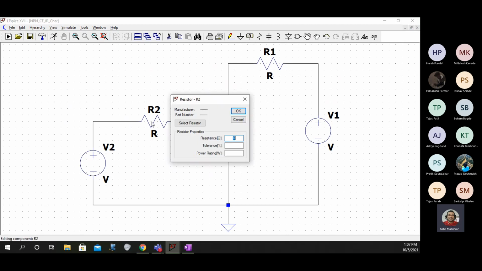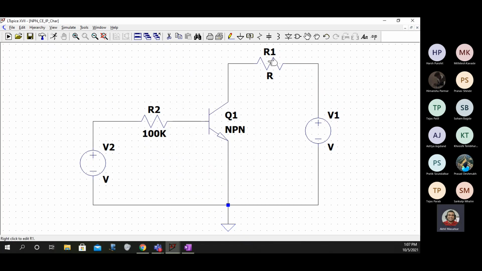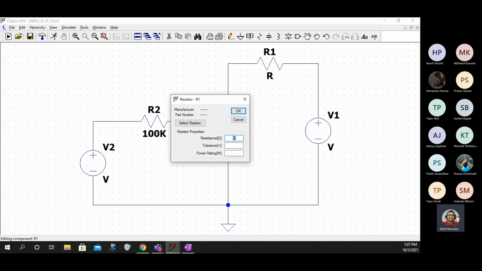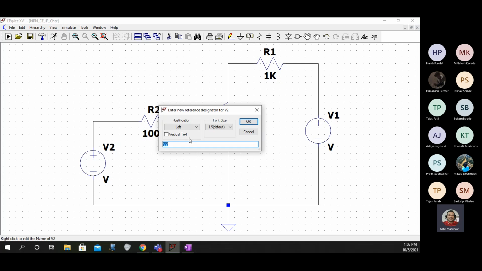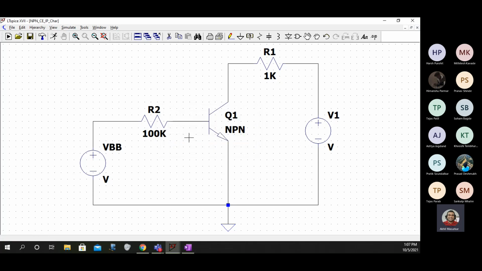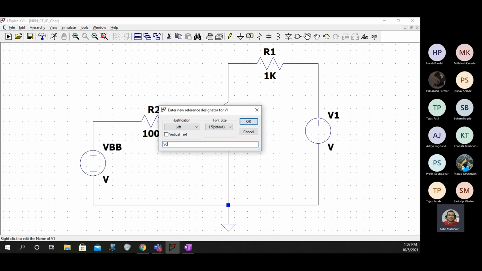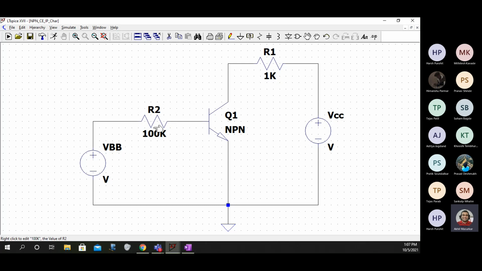Now you right click on this and set the value of this to 100k, and this value you can set it to 1k. The name of this source I'll make it as VBB, and this I will make it as VCC.